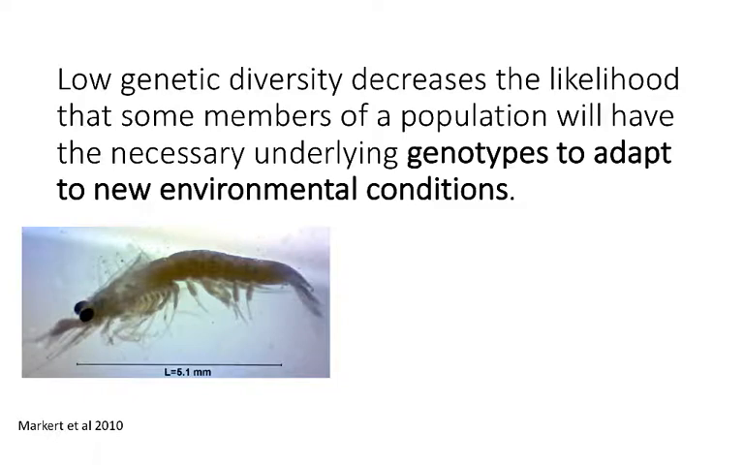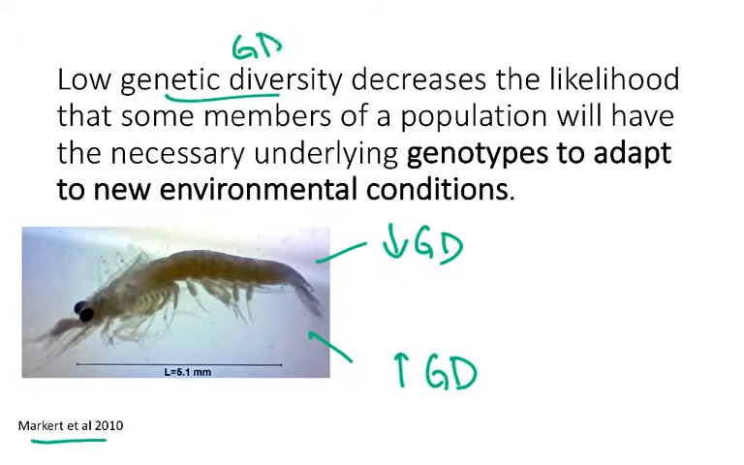So they've done some really interesting studies with this, cited here. This is a type of crustacean where they manipulated in the lab two different populations. So they had one population that had low genetic diversity and one population that had high genetic diversity. So I'll use GD to abbreviate genetic diversity. And what they found in their study is that if a population had low genetic diversity, they also had low fitness,